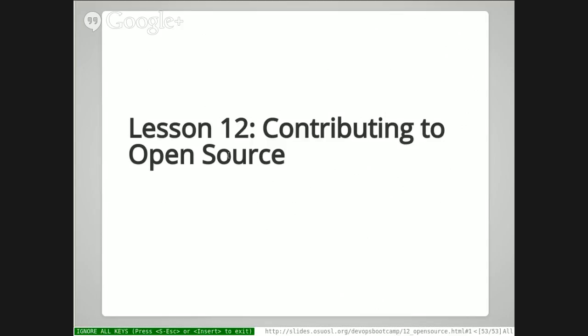So, in short, open source is the idea that you can release your code for free for anyone to use, to modify, to include in their own projects. And there are a lot of open source projects. In fact, I'm sure that all of you use open source software without knowing about it. But open source software is built on